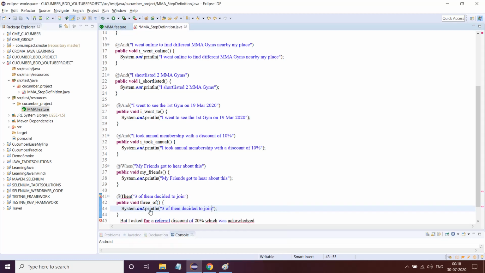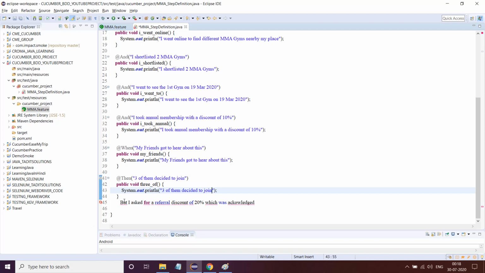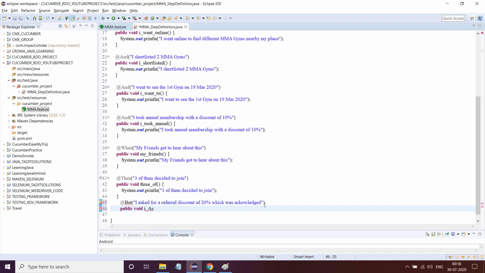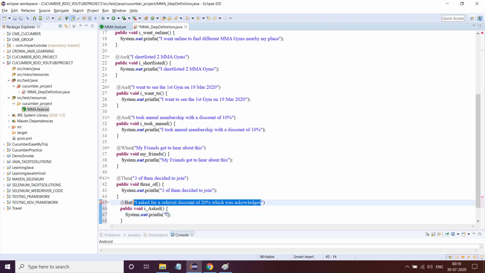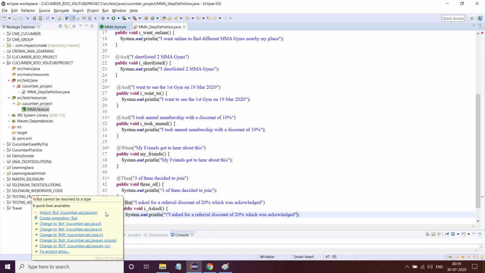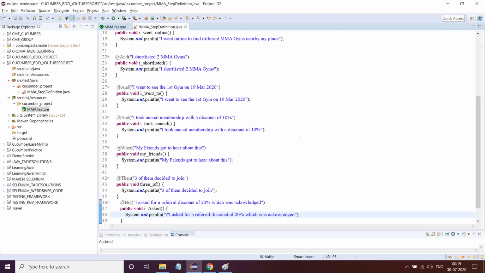And now for But, @But remove the space, give a string, close the string, public void I_asked, okay, syso string, and just copy this step, save it, and import the But, and that's it.